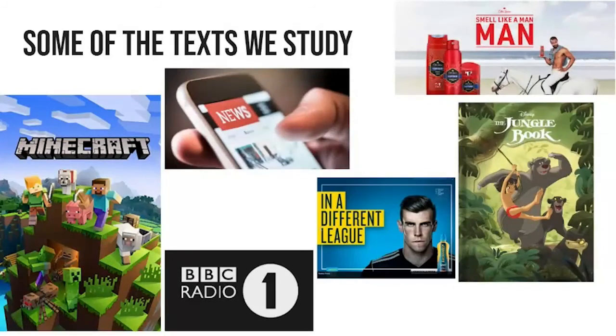Some of the texts we look at throughout the course, we mentioned video games, films, advertising and marketing, and radio. These are just an example of some of the things that we'll look at. Minecraft as a video game, the BBC Radio 1 breakfast show. We've got an advert there from LucasAid and an advert from Old Spice. And we look at the differences of these adverts in the way that they're produced and who they're trying to target and how. And then the Jungle Book, the original version and the more up-to-date version. And there are many more texts that we study, but these are just some of the texts that we'll study